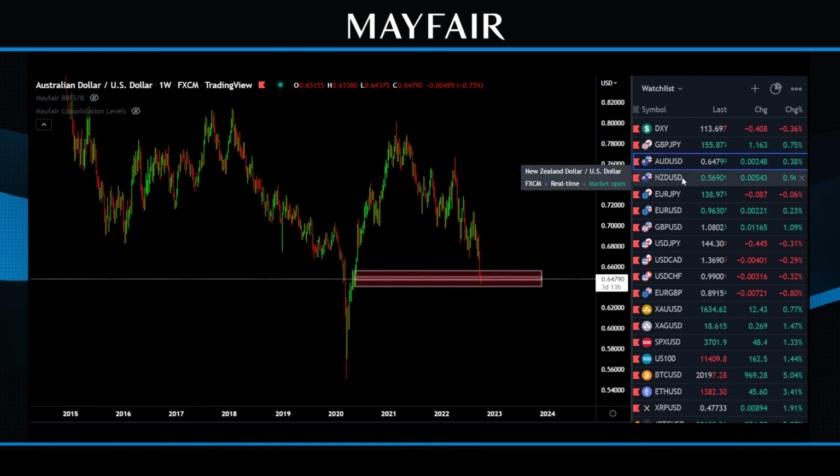Aussie dollar and Kiwi are pretty much the same, right? They kind of go hand in hand. You sometimes get an advantage by following the New Zealand dollar. Other times you get the advantage by following the Aussie dollar. But they're kind of the same trade, right? It would make no sense at all to have a long on one and a short on the other, right?